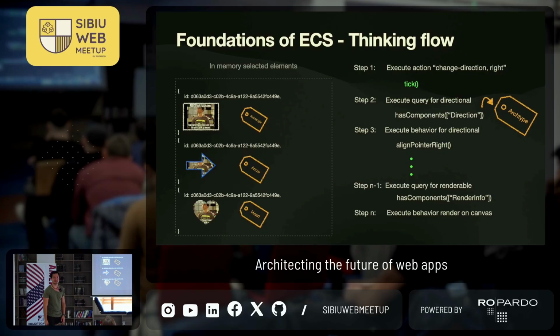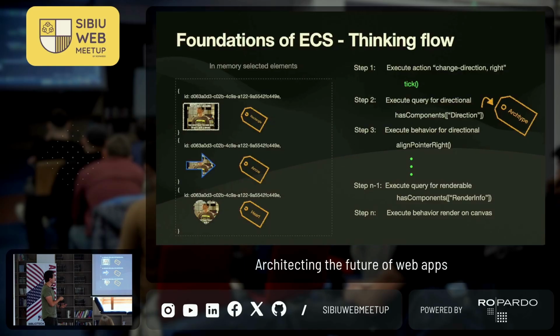Basically, very easily, the last thing I'm going to say is you have a bunch of in-memory selected objects. Right now, we're looking at a rectangle, at an arrow, and at a heart, right? These are the entities that I've selected. I've dragged them around, these 3 objects. Then what I'm going to do is I'm going to say I want to change direction to right. What's going to happen behind the scenes? As soon as I want to do this, there's going to be a query execution that's going to look for the archetype